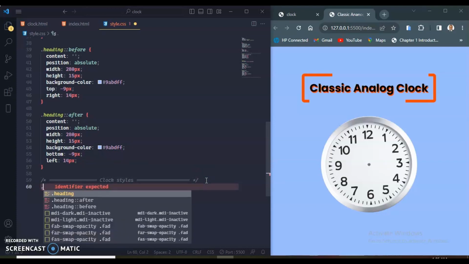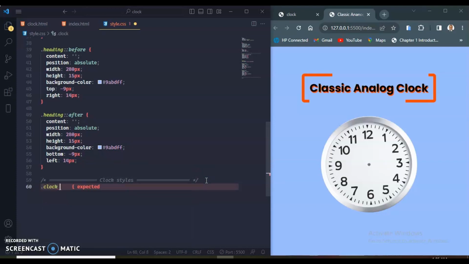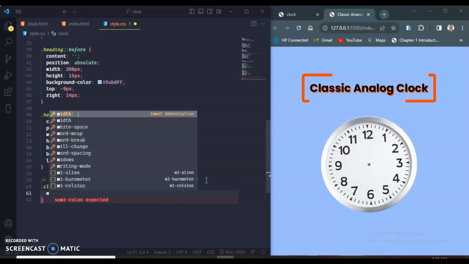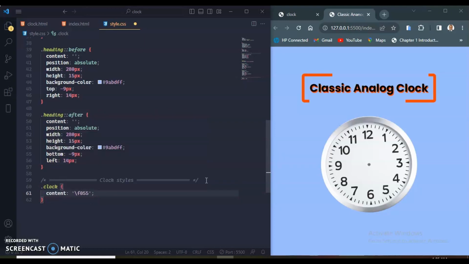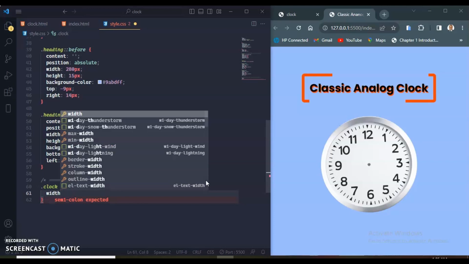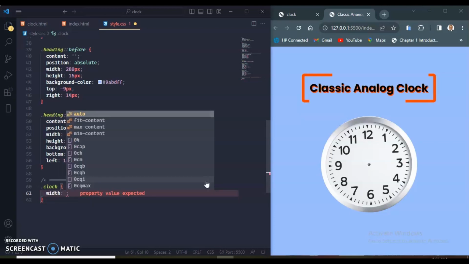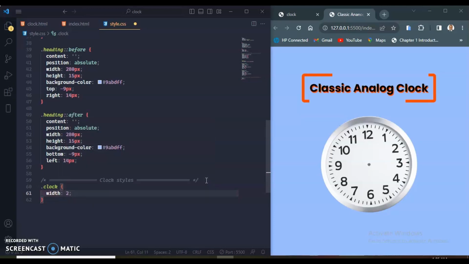So we start with a dot, and then we paste in what we copied earlier on, and open and close curly braces, and have our styling given there. We needed a width of 280